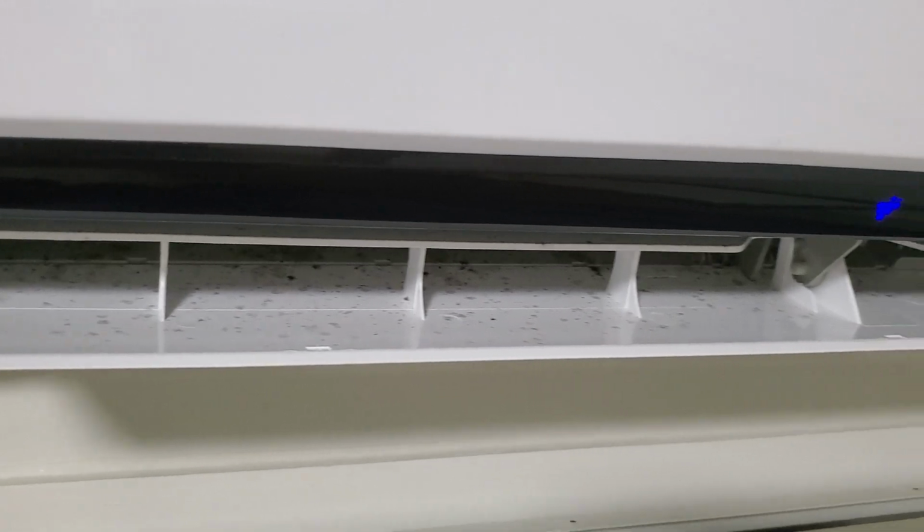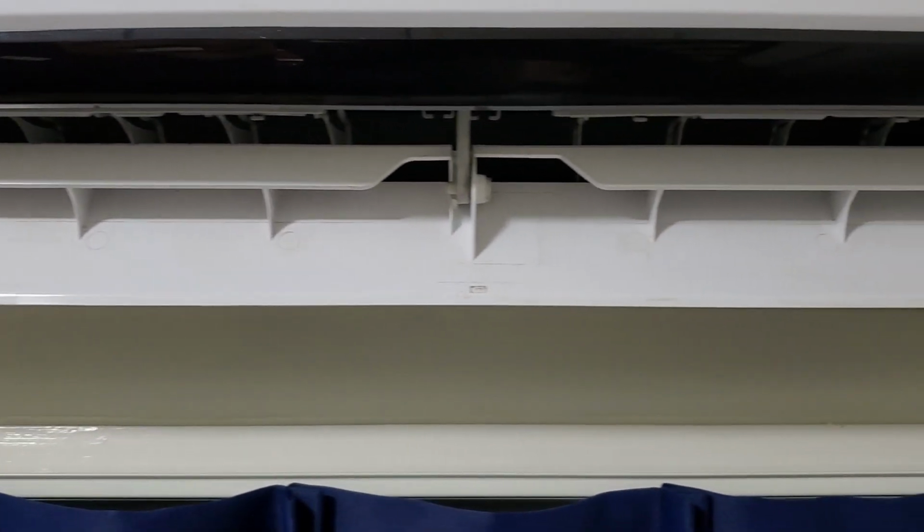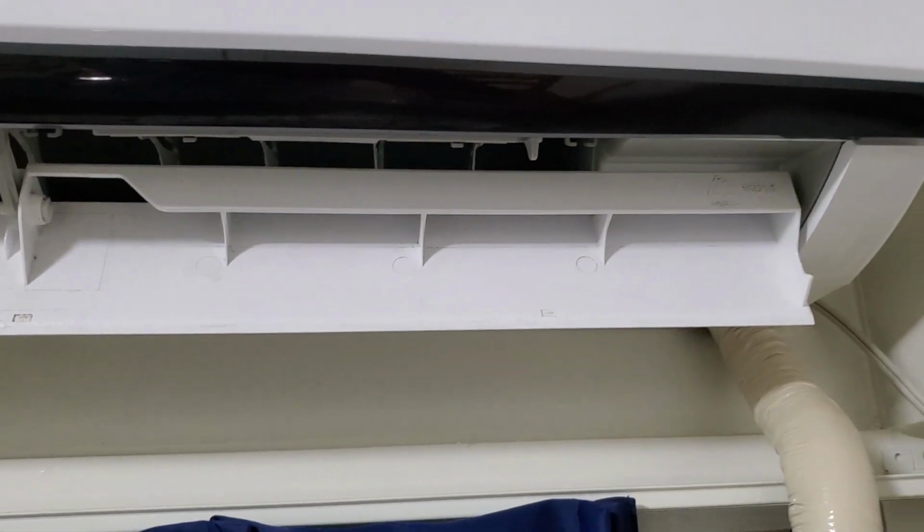Nikkei Canadajin here, and today I'm going to show you how you can clean your Japanese air conditioner and really take it from looking like this to this. All using this one simple method which uses these two very simple products that you can find at any hardware store across Japan. So if you want to know how you can get your air conditioner sparkling clean and fresh,